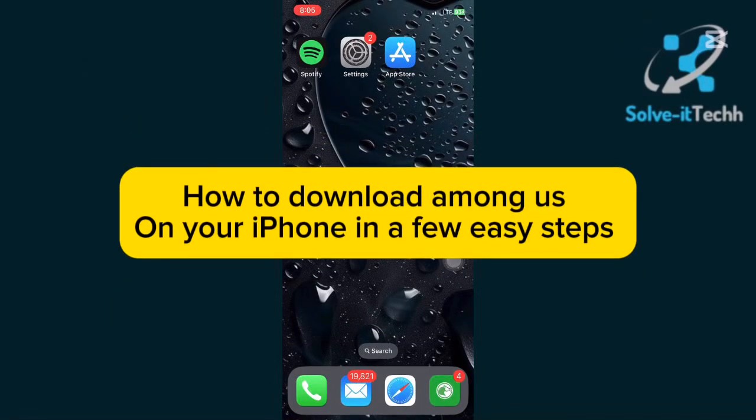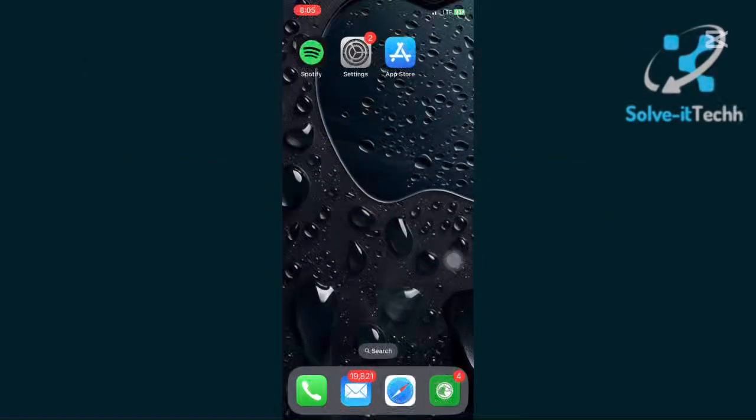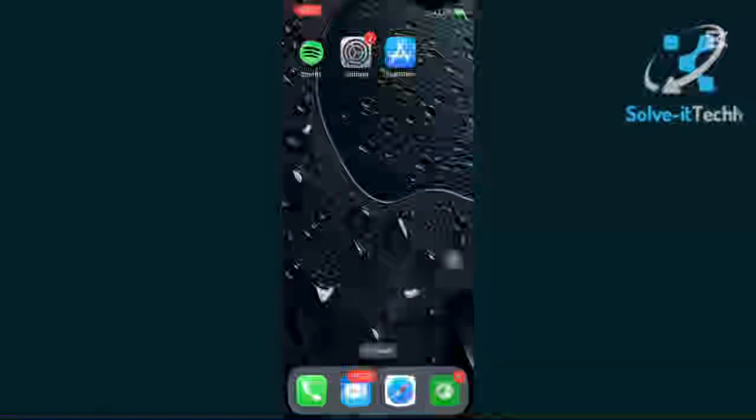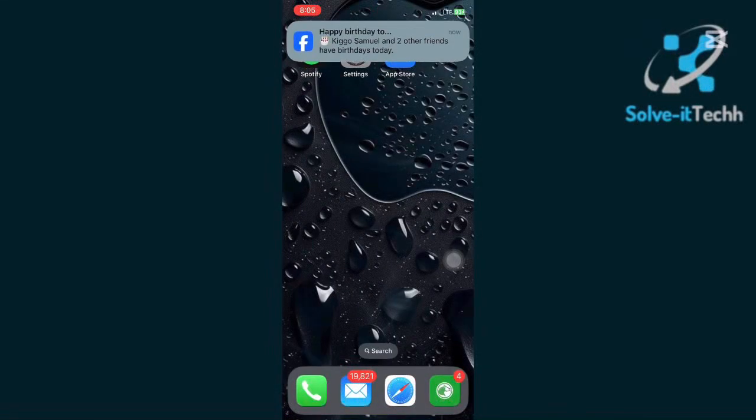How to download Among Us on your iPhone in just a few easy steps. Whether you're new to the game or just getting it on a new device, this guide has got you covered. Let's get started. First, unlock your iPhone and make sure you're connected to the internet, either through Wi-Fi or mobile